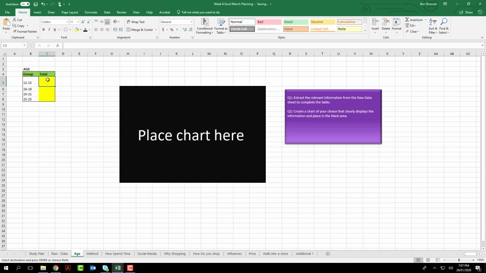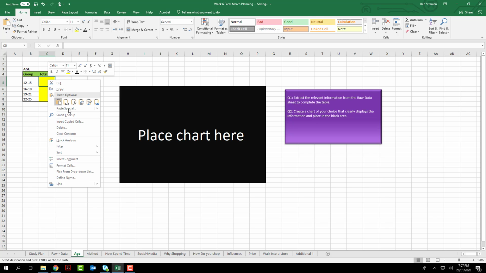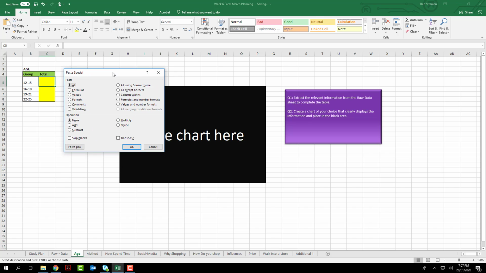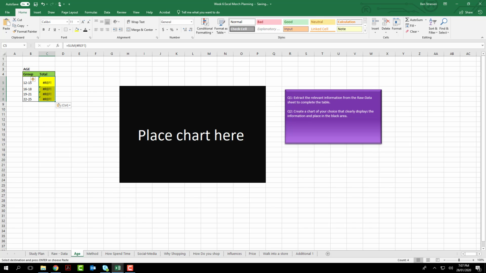So if I highlight the first cell, right click, paste special, and paste special again, it'll bring up this table, and we want to transpose, which simply means it'll paste it downwards, but with the formulas. Otherwise it'll just transpose or paste the numbers and not the actual formulas, and press OK. And it doesn't